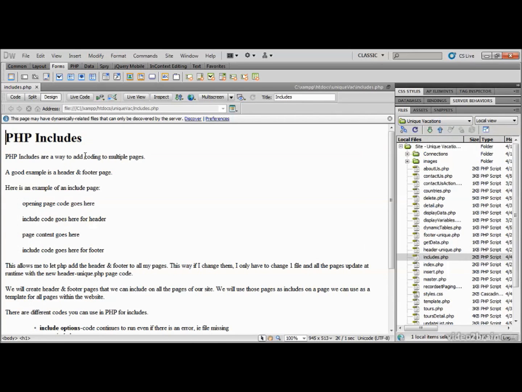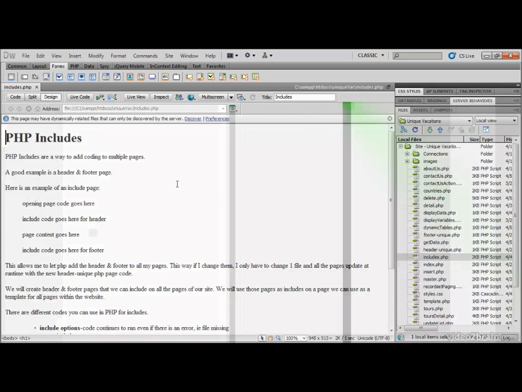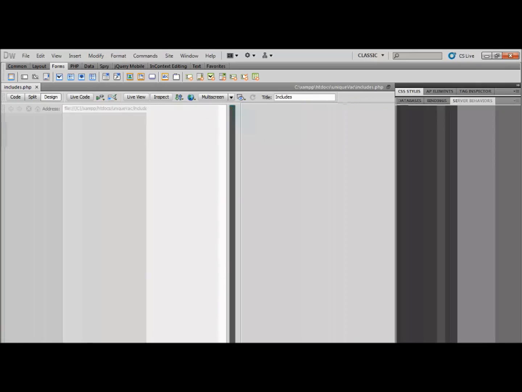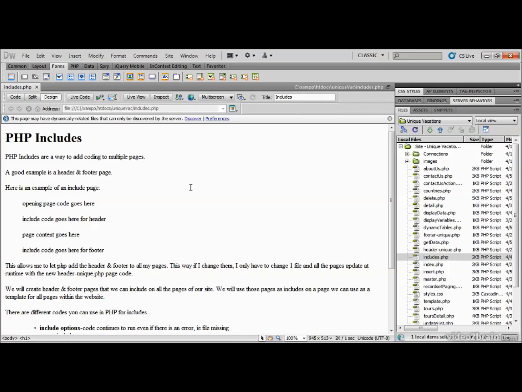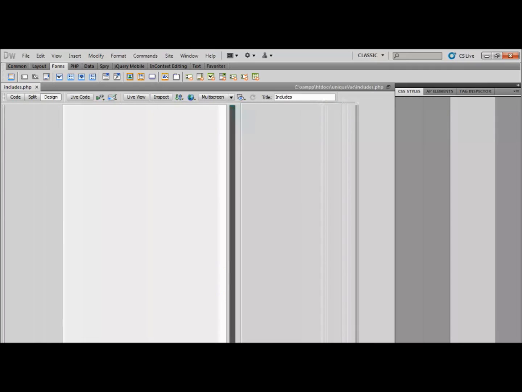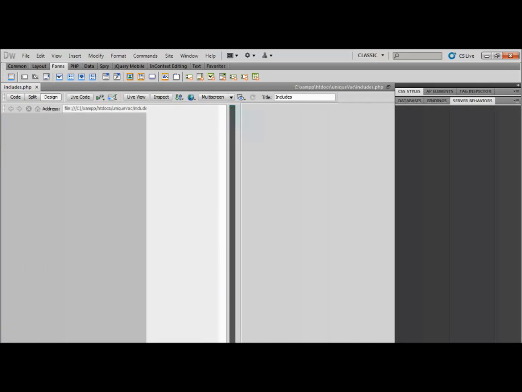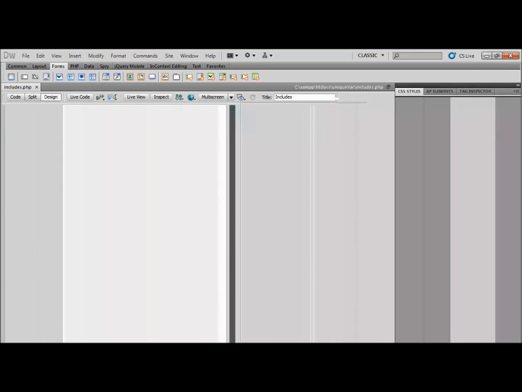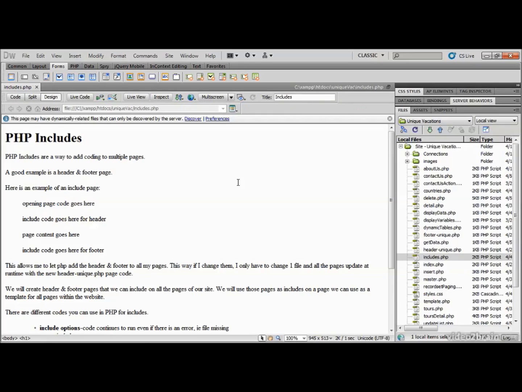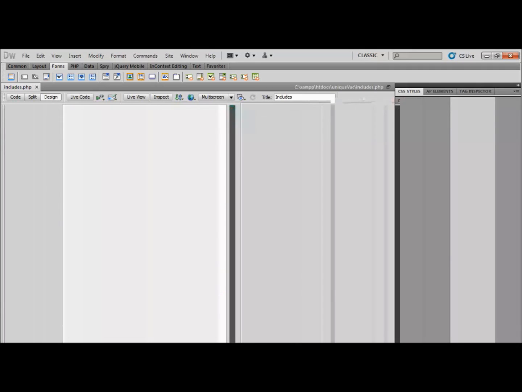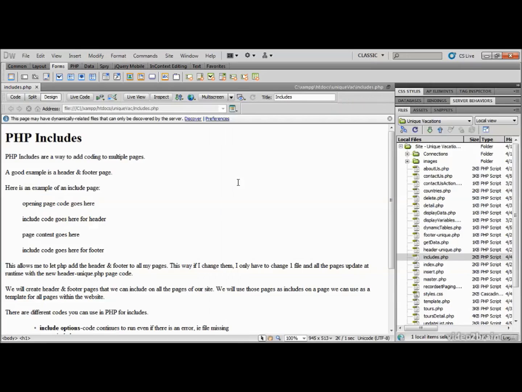It's a way to add coding to multiple pages, and an idea for this is a header and footer page. So we can create a header page that contains all of the content we want to go in the header area of every page within our website. If we do that, all of that header content is stored inside a single file. Within that file, we can place all of the code to go up at the top in the header area. That way, moving forward, if we have an issue, or we want to add navigation, or we want to change the header image, or do whatever modifications are necessary to that header region, we can do it in one file,